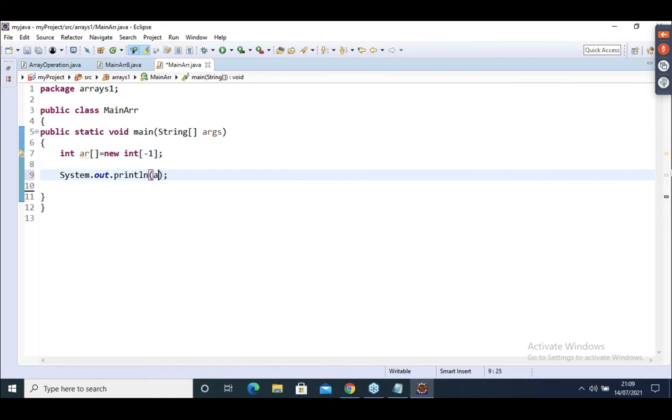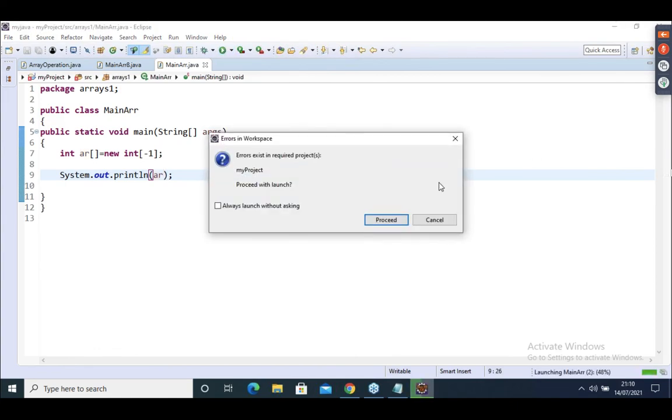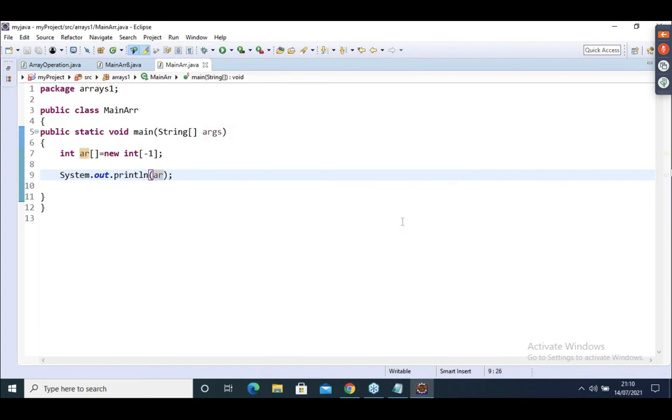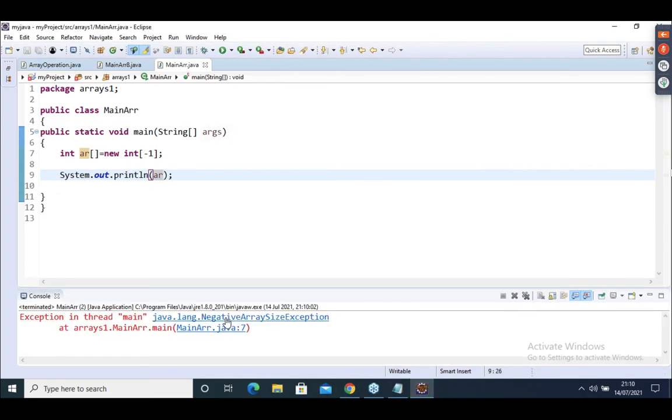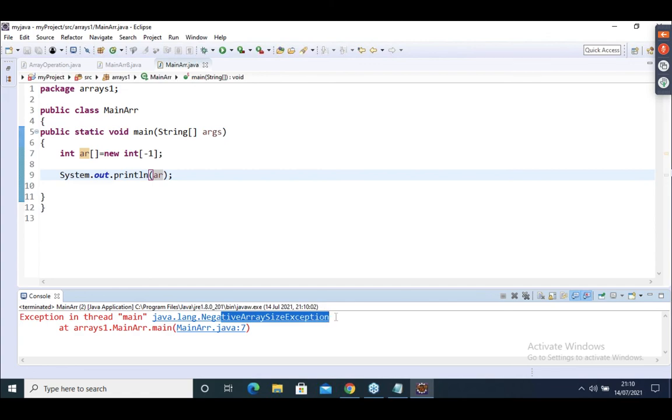But when you try to run, if you specify -1 and run here, observe. It will give a negative array size exception.